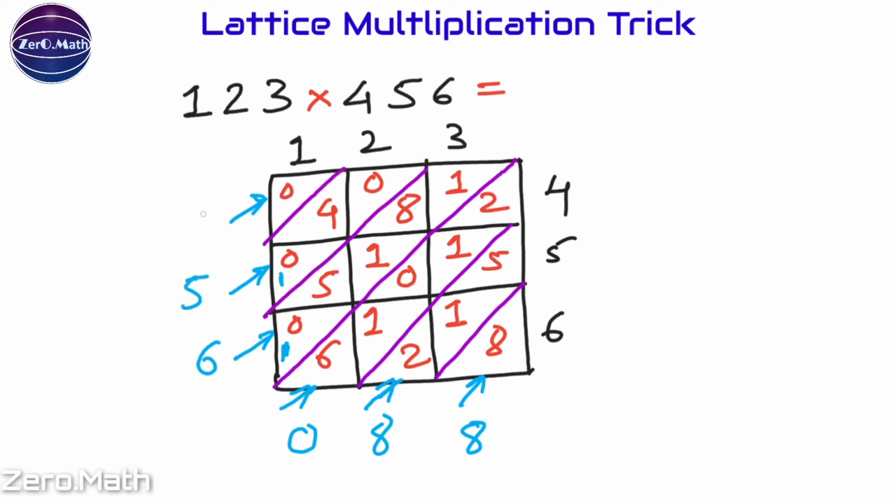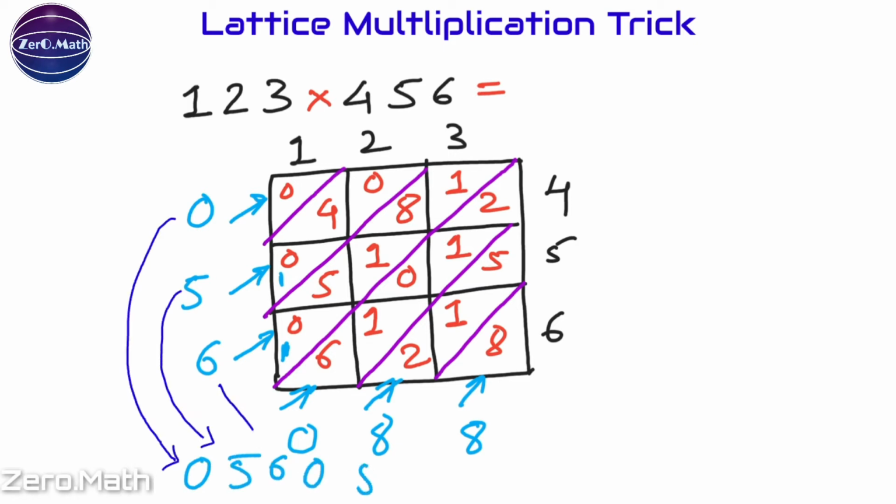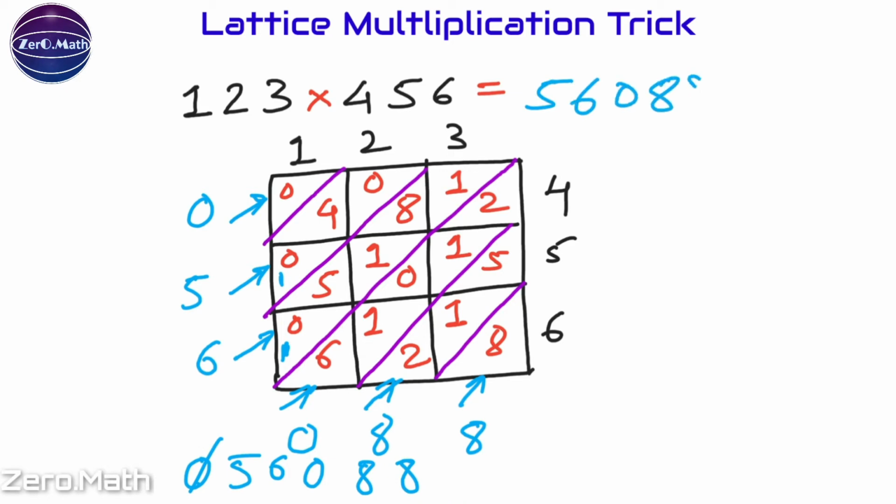In the next part, I have 0, which doesn't carry any significance. So if I write down this number, 0, 5, 6, 0, 8, 8 is our answer. This 0 doesn't carry any significance. So 5, 6, 0, 8, 8 is basically the multiplication of 123 into 456. You can see how easy this method is. You can multiply any big numbers using this method in an easy way, and this is a really good method at